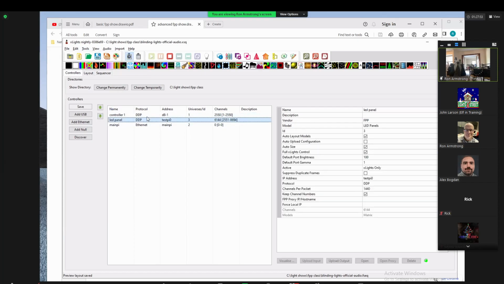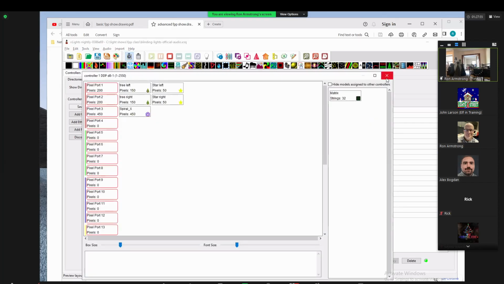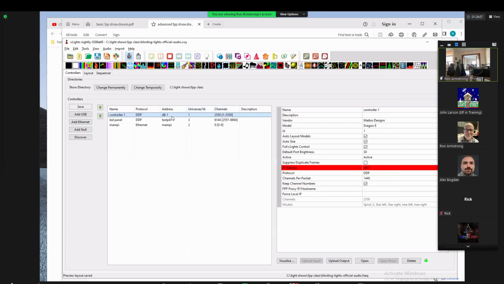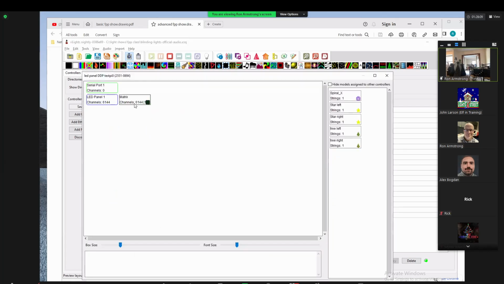So the next thing is talking through these controller configurations. In case you care, here's my visualizer. Port 1 has the tree and the star. Port 2, the right tree and the star. Port 3's got my spiral X on it. So super easy. In the LED panels visualizer, I've got my matrix defined as a 2x2 P10 that is assigned to the